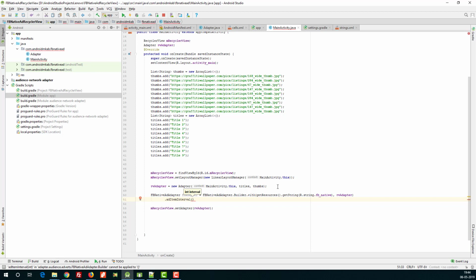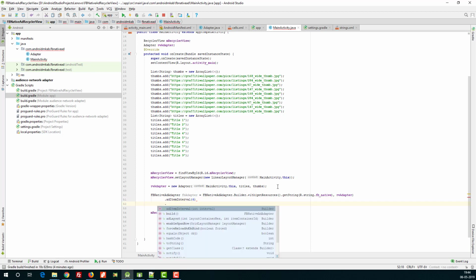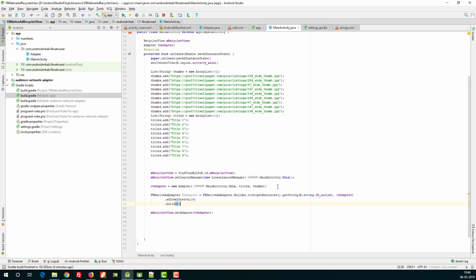Suppose I want to show it every fourth item or every second item. So let me go with the fourth item, then enter dot build. That's it. So now we have created the Facebook native ad adapter here.